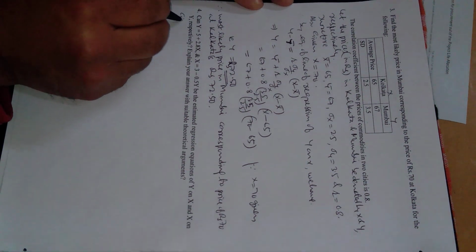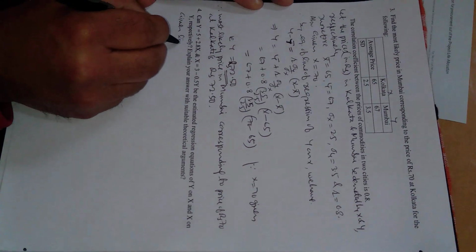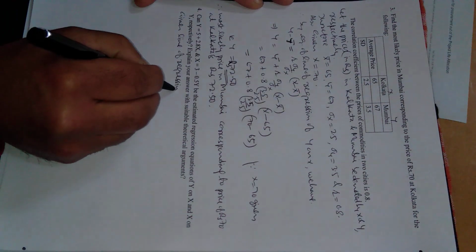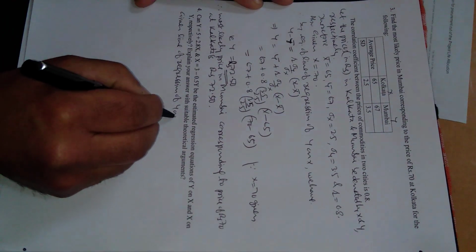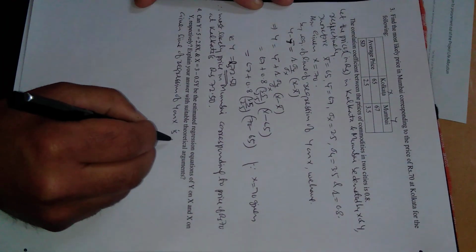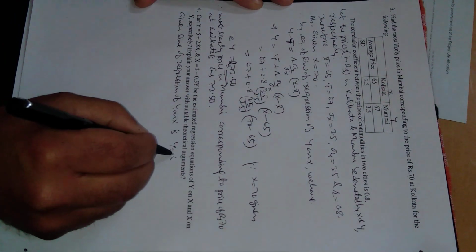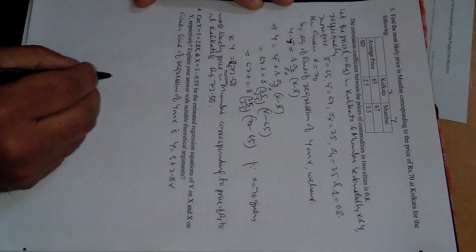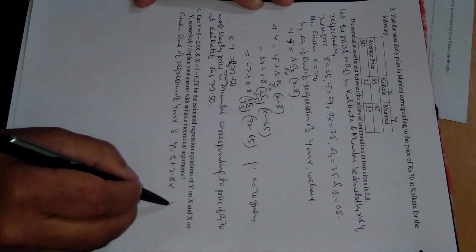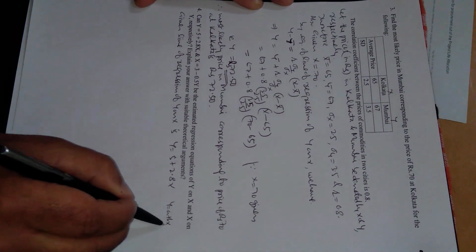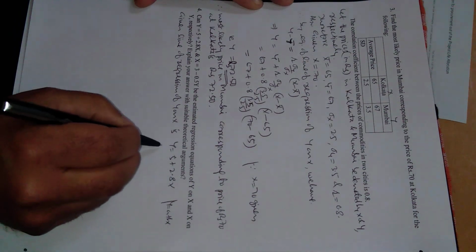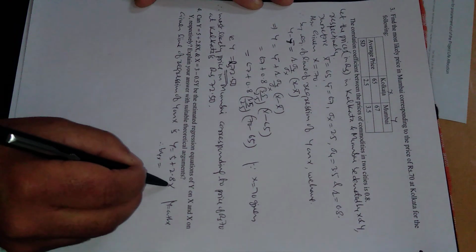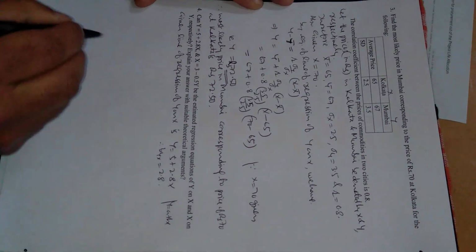So what is given? The line of regression of y on x is y equals 5 plus 2.8 times x. Because this equation is of the type y equals a plus b times x, b is the slope or regression coefficient. So the regression coefficient of y on x, the coefficient of x, is 2.8.